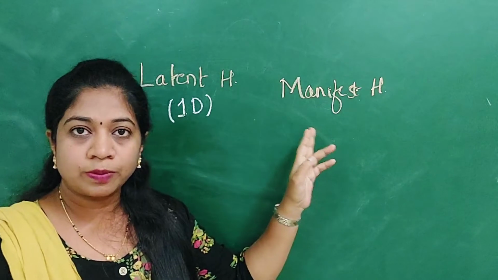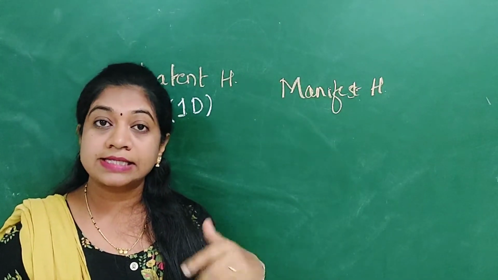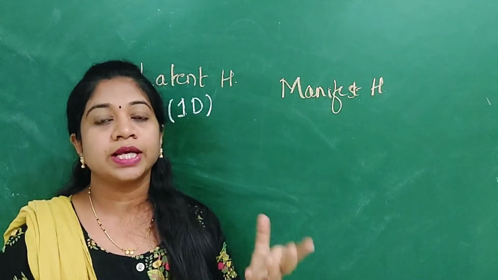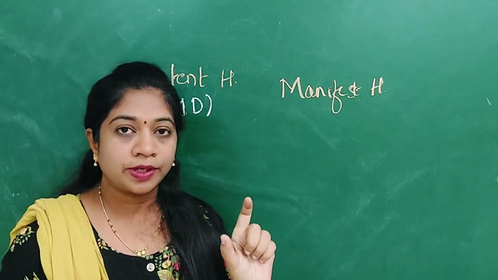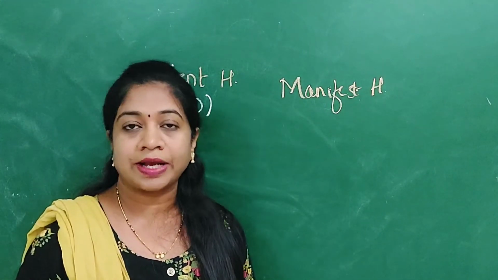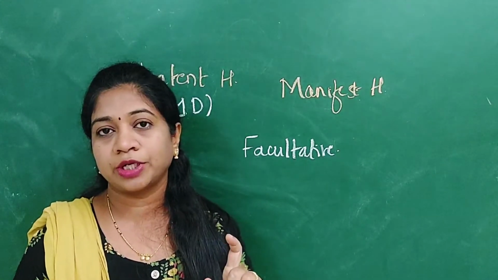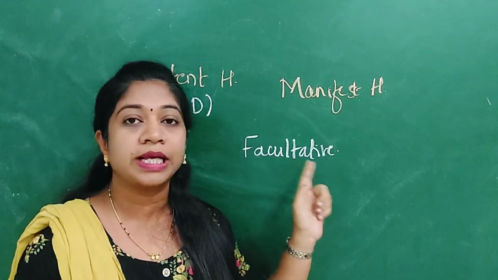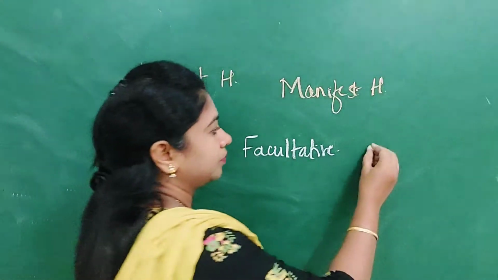So this hypermetropia can't be overcome by the tone of the ciliary muscle, but by exerting more accommodation, we can overcome some amount of hypermetropia. The amount of hypermetropia which can be corrected by exerting accommodation is called facultative hypermetropia. We still have some amount of hypermetropia which can't be corrected even by exerting accommodation. It is called absolute hypermetropia.